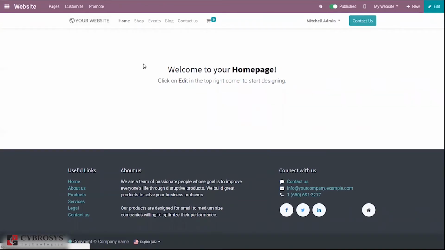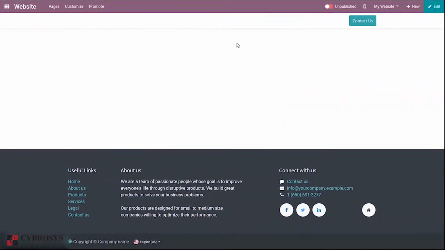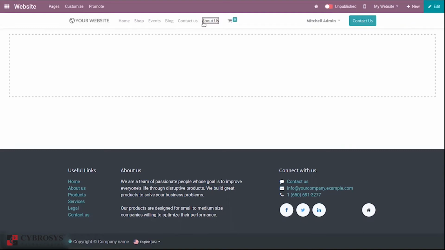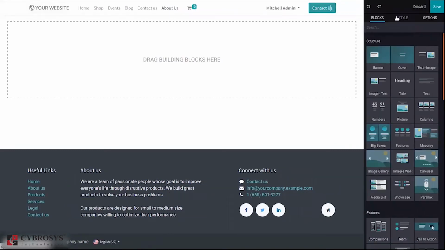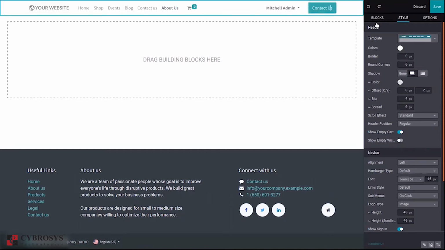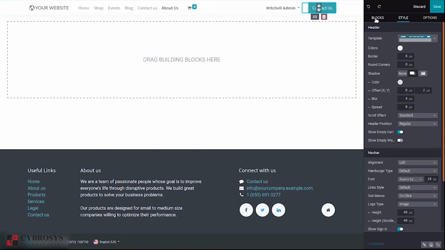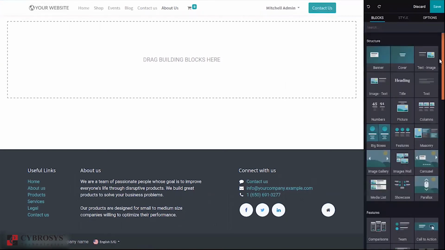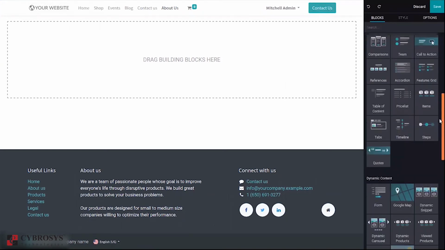After that you can see a new menu is created here, and it is possible to publish this page. Before publishing, we can add some content to our page. From here we can add customization to our page.